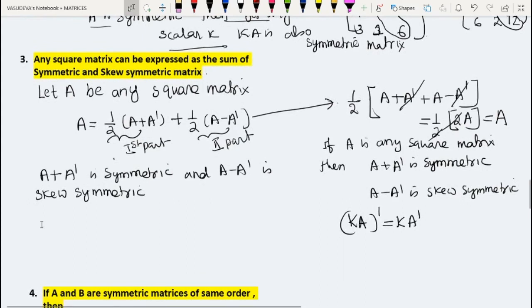So if A plus A dash is symmetric, and half is a scalar, then 1 by 2 into a symmetric matrix is also symmetric. So therefore we can write half of A plus A dash is symmetric